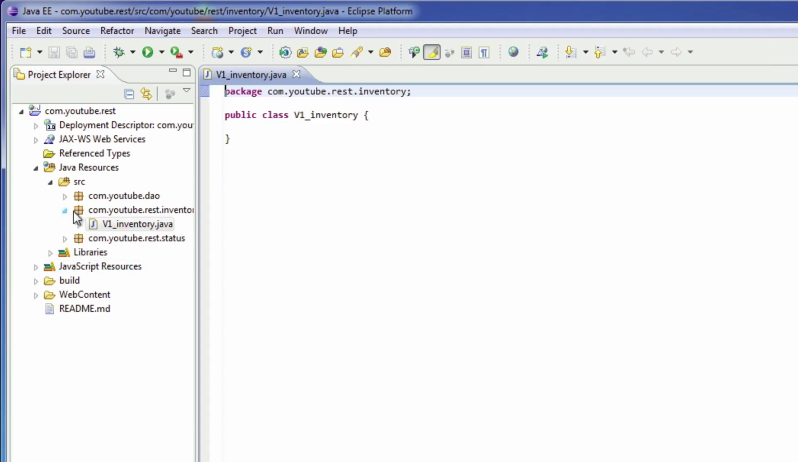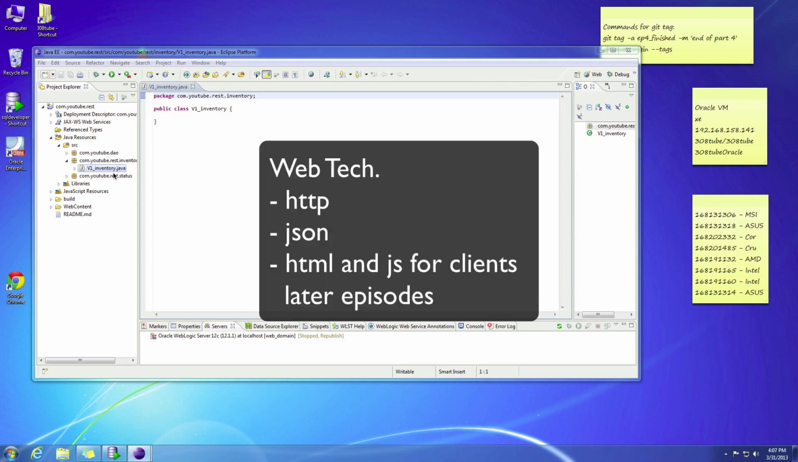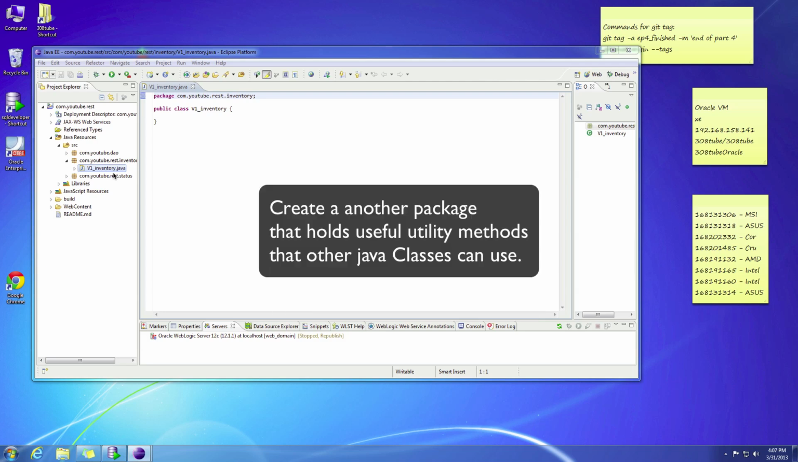And once that appears, you'll notice that it actually goes into the proper place. So before we move any further, I just want to take a moment to explain that I am going to be using all REST or web technologies, which means I'm going to be returning the data from the database in JSON format. So we're going to need another utility package that will return the database data in a JSON format